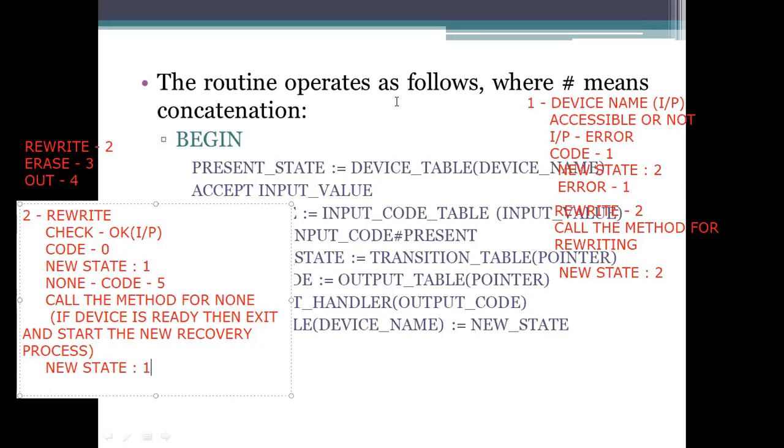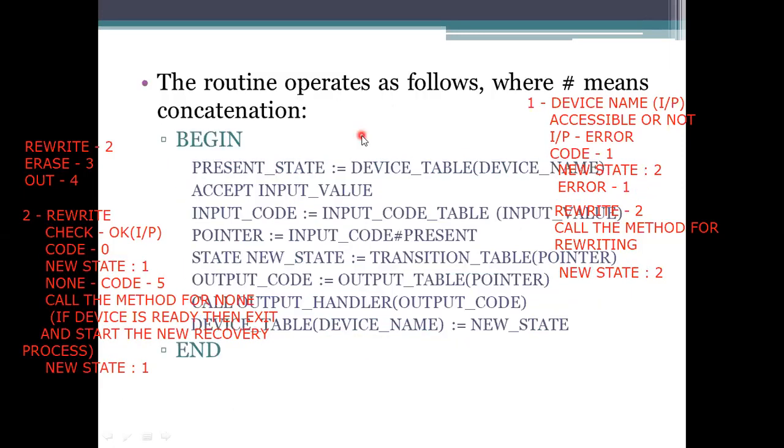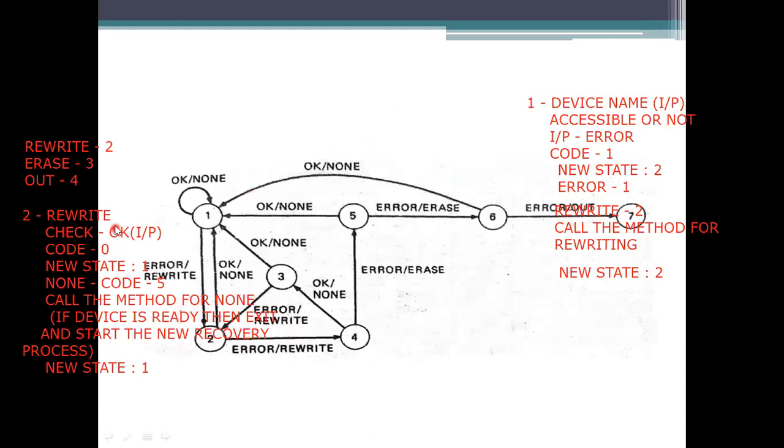If you see the diagrammatical representation, then you will get the idea. So here what I thought, I wrote at this second stage, rewriting will be performed. And we need to check whether rewriting has been done or not. So if the rewrite has been successful, then what is the input here? So what it means, what we are getting, okay, it means the recovery operation has been done. If it is okay, it will go for the first one. If it is error, it will go for the fourth one. So first I took the value that is okay, that is an input. What is the code of the input here? That is 0.